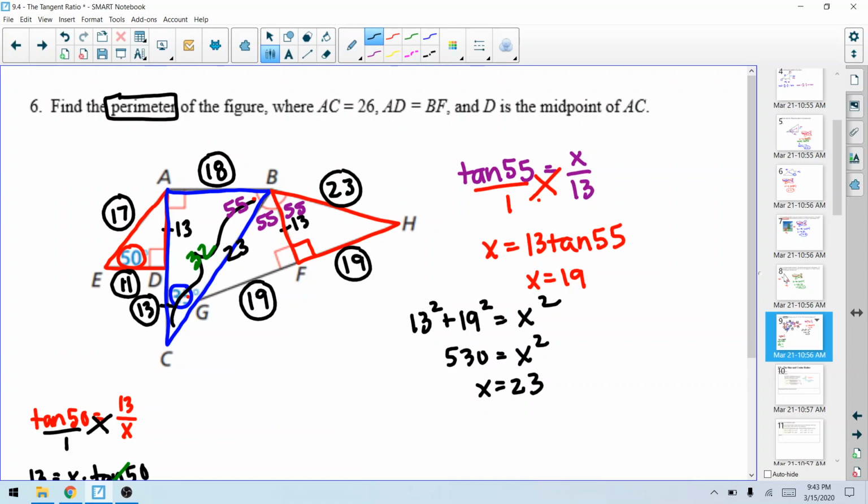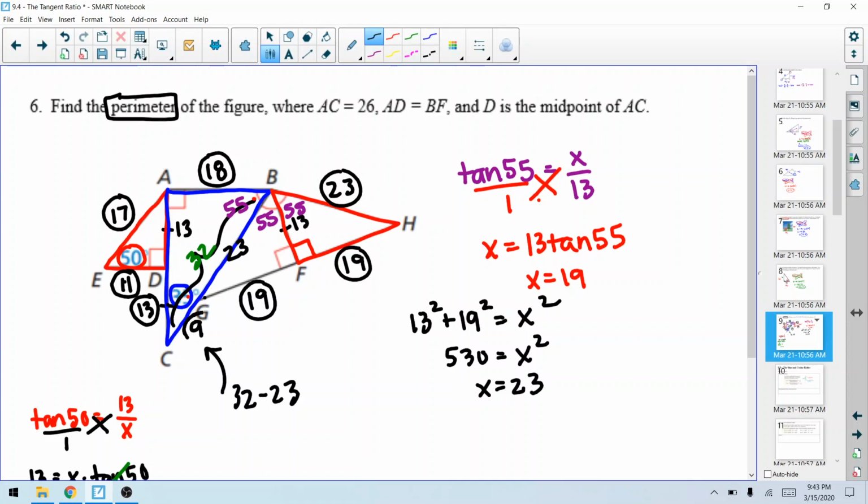Now, if I start looking at my shape, I've got the 17, I've got the 18, I've got the 23, I've got the 19, I've got the 19, I've got the I don't know. I need CG. So, do you guys remember this whole blue line? 32. And then just this part, 23. So right there, 32 minus 23. See, I told you we would need that number. I'm getting